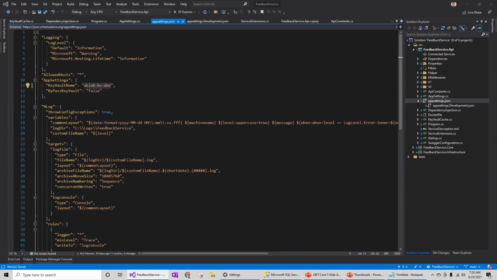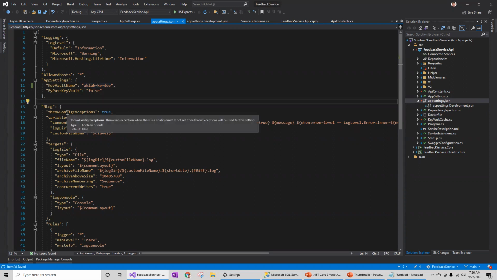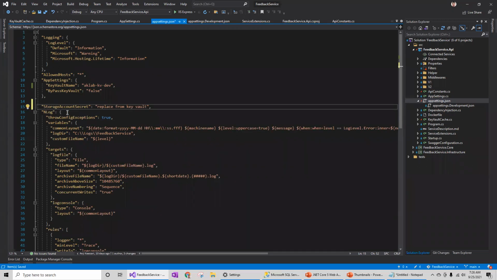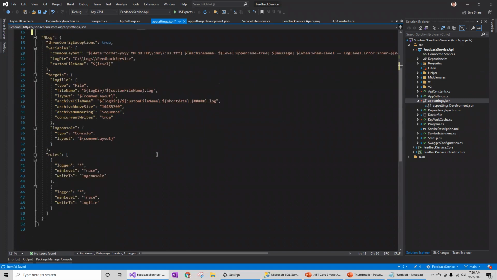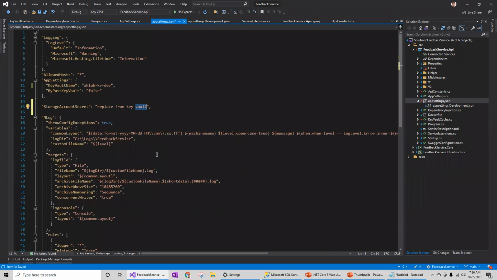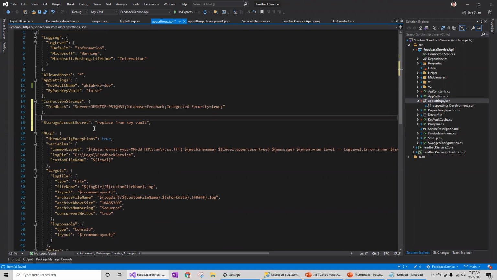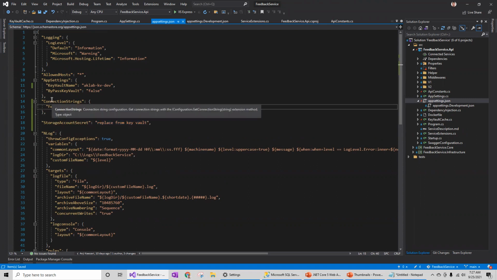Let me also add some key for storage secrets. This will be replaced with key vault. Now I also need the database connection string. This is my database connection string. I will just say this is going to be replaced with the key vault service.